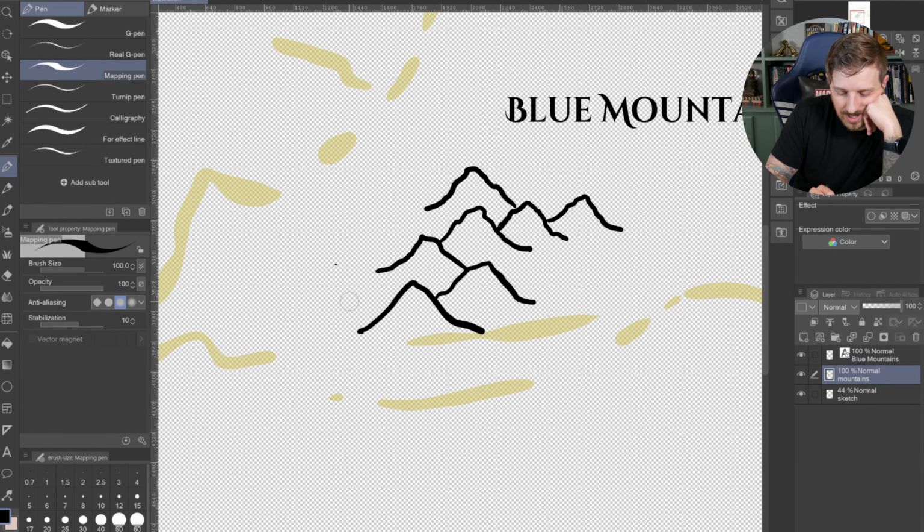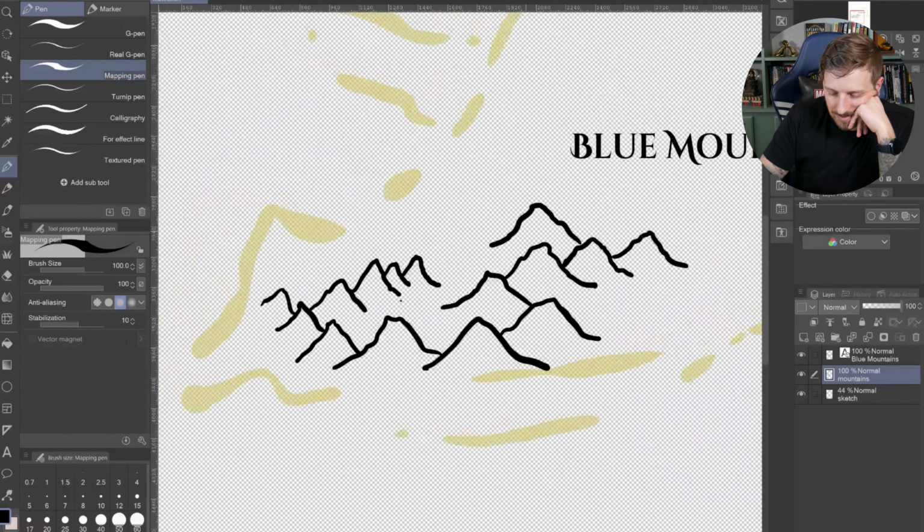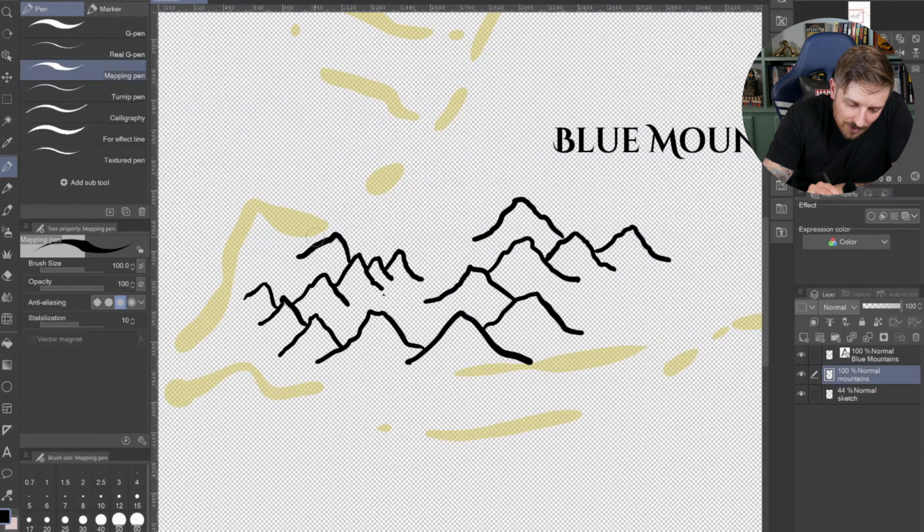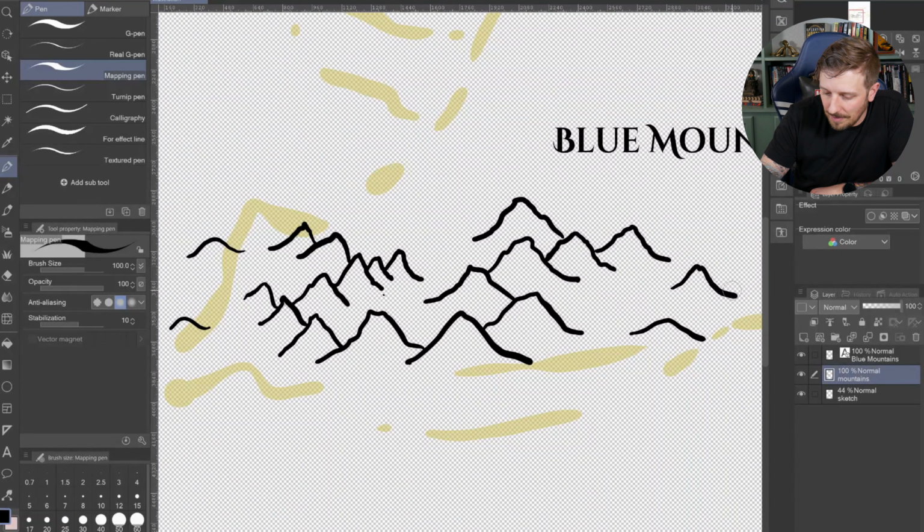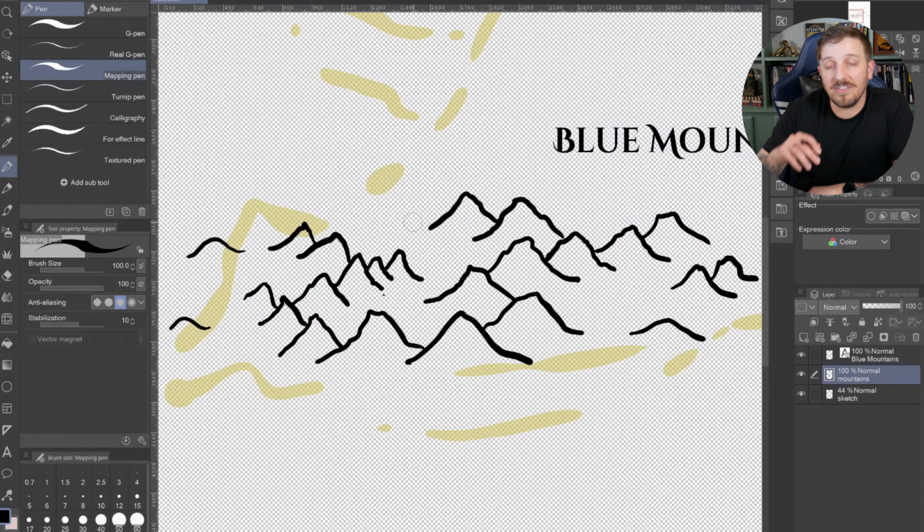Notice how this one runs into a place where it's going this way. I can even go on this side. It's not like I have to hit them all on the same side. I'm going to add just a couple more over here. And then I'm going to add a hill. A couple of hills so that we know that these are not part of the mountains. We can make a nice little mountain there. We can make this one, there you go. Okay, so we've got a nice little mountain range going here,